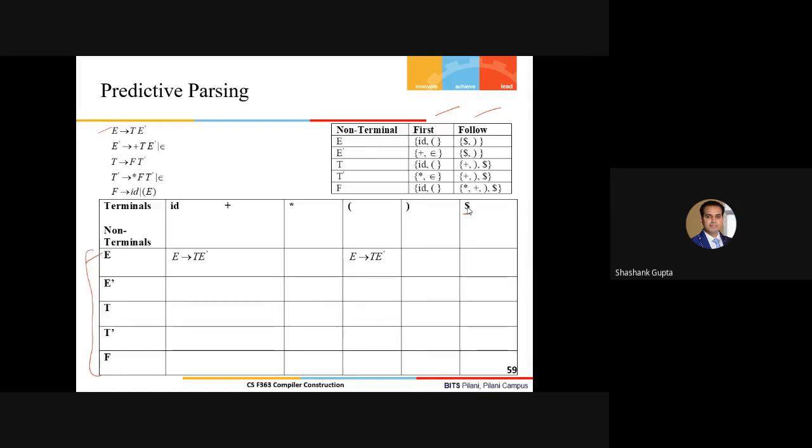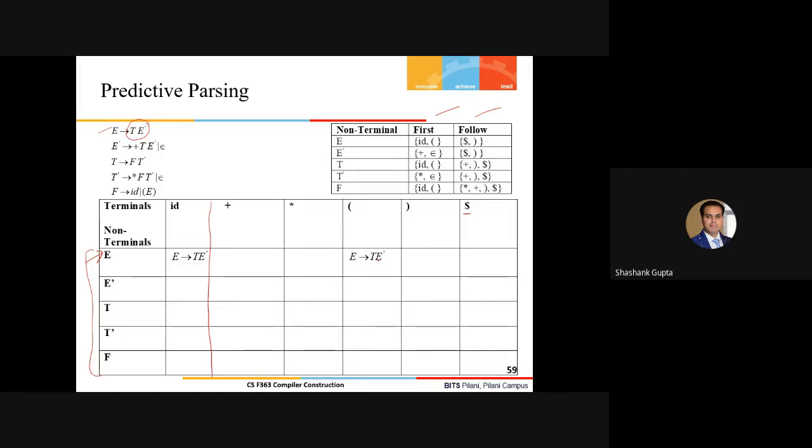So as a part of the first step, we need to fill the entries corresponding to this non-terminal of the grammar, that is E here. So we just saw what is first of E. So first of E is available to us, that is ID and open parenthesis. That means the first set of tokens which are derivable from the right-hand side here is ID and open parenthesis. And we immediately mention, consider this is the bifurcation. Under ID here, corresponding to this stack symbol E, this is the thing here. And similarly, with respect to the open parenthesis, we did this.